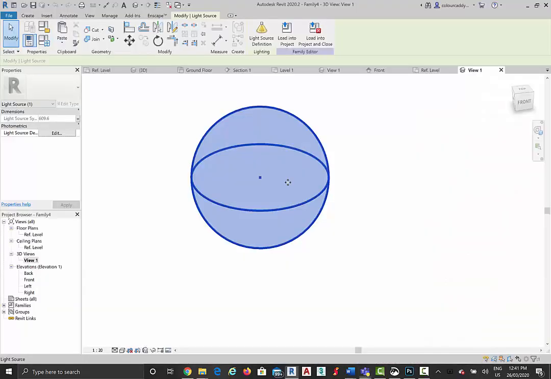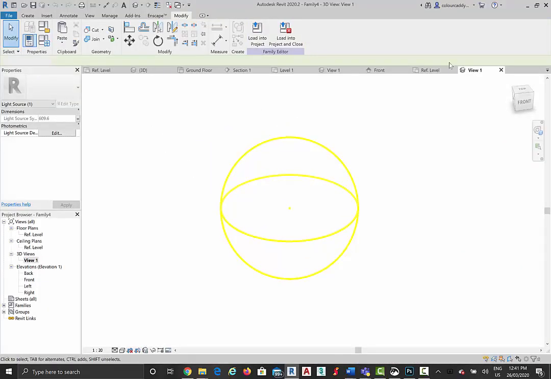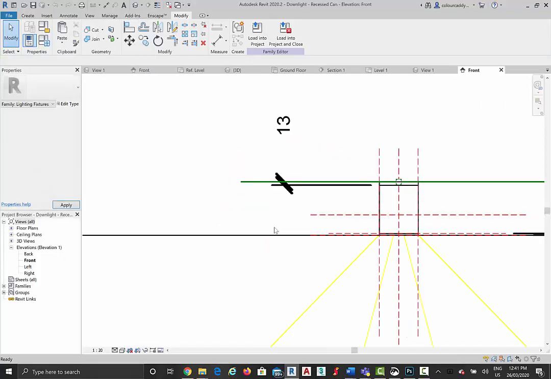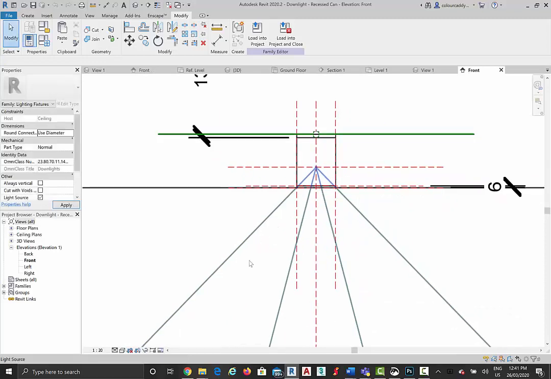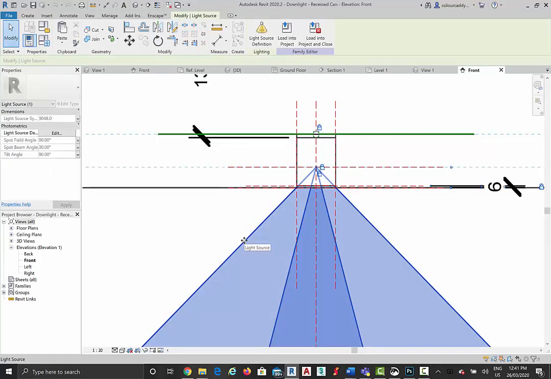Okay. So then I'm actually just going to close that file. Again, don't want to do anything there. I just want to show you a different sort of light shape. So if I again selected in the downlight family that I've been working with, then you can see